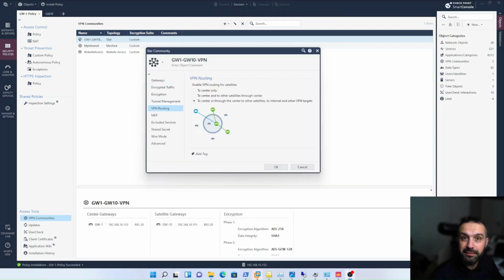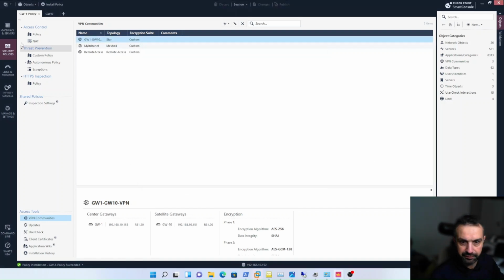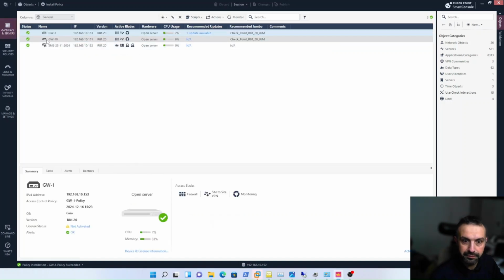Now, while the VPN appears to be working fine, there is one more issue left to address. It specifically applies to star communities configured to center or through the center to other satellites, to internet and other VPN targets. By default, Checkpoint includes the public IP of gateways, clusters, and cluster members within its VPN domain. This results in traffic generated by our gateway, this branch office gateway, the JW10,